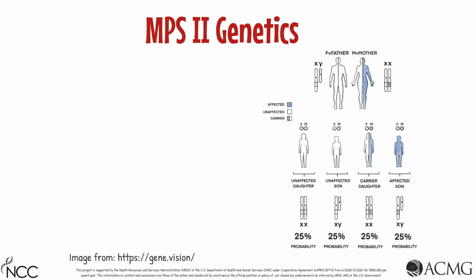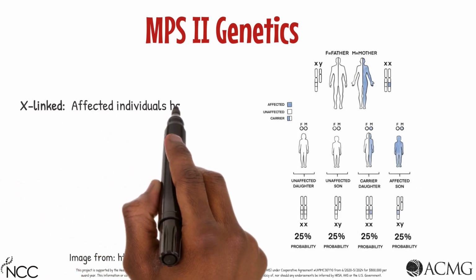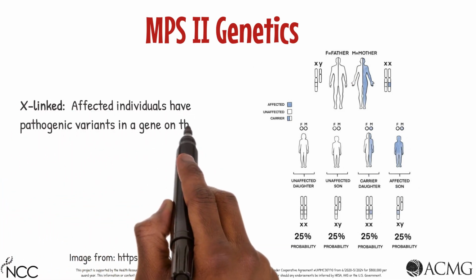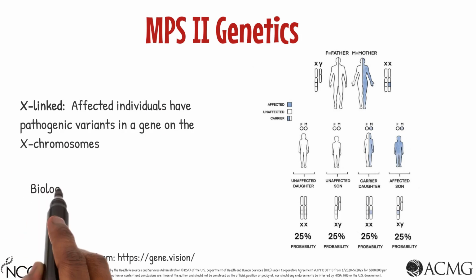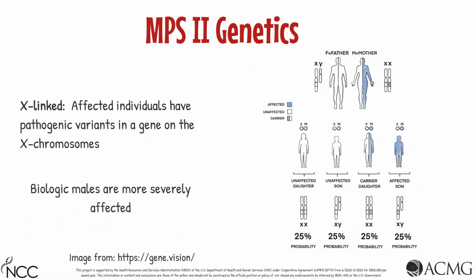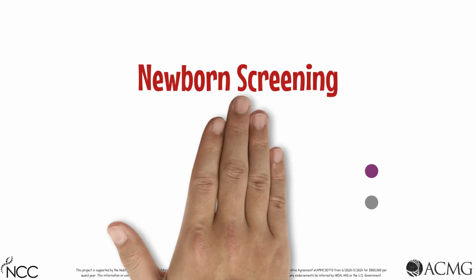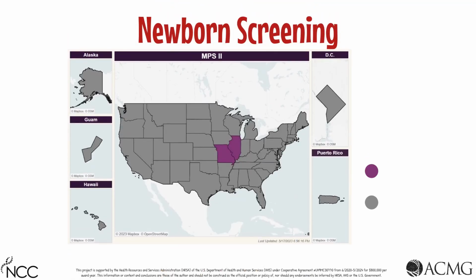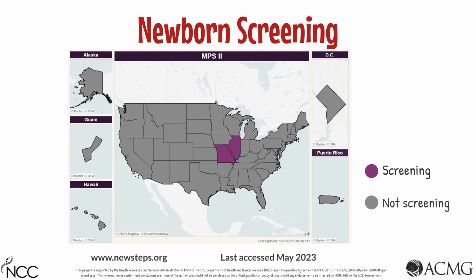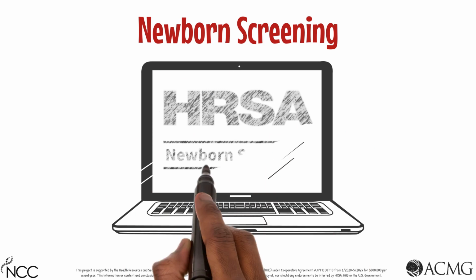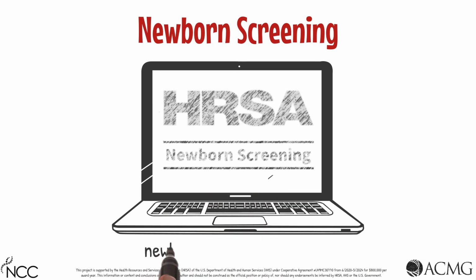MPS II is inherited in an X-linked manner. The X-linked inheritance of MPS II means that biologic males are more severely and more commonly affected than biologic females. At this time, not all states provide newborn screening for MPS II. A good resource for checking a state's newborn screening panel is the